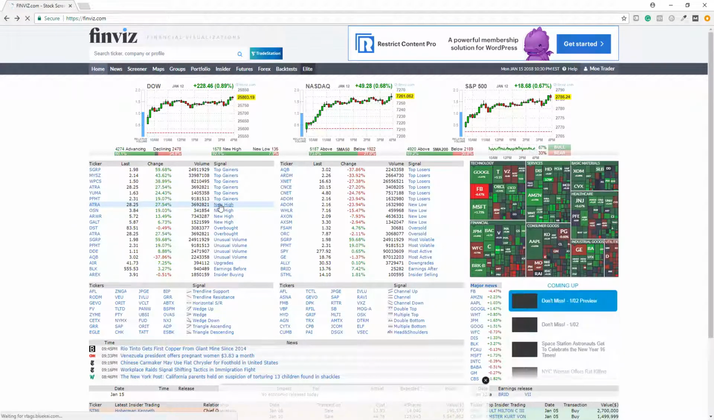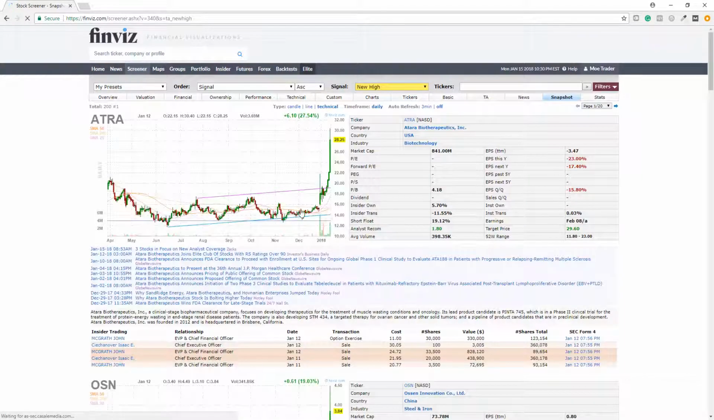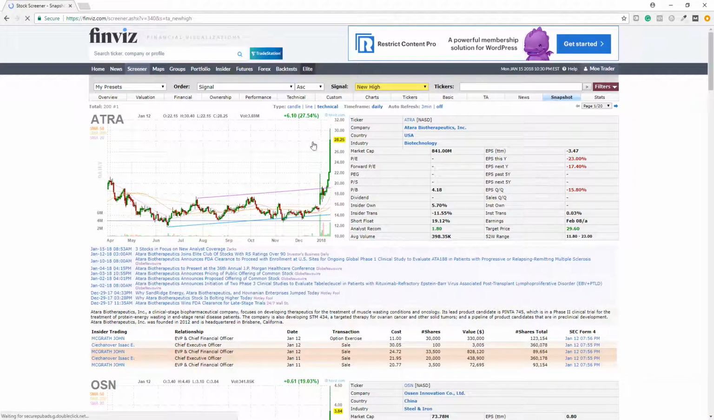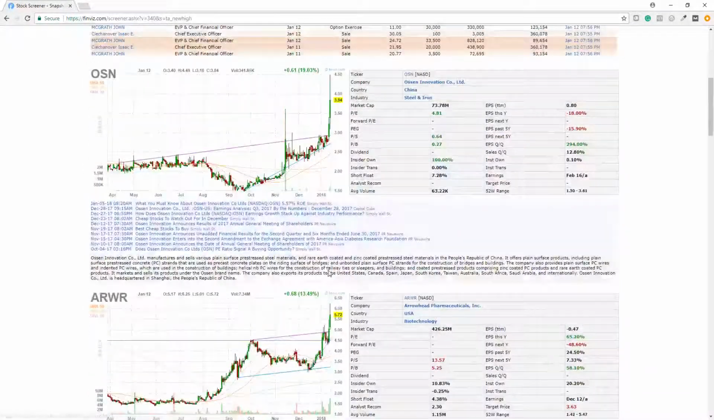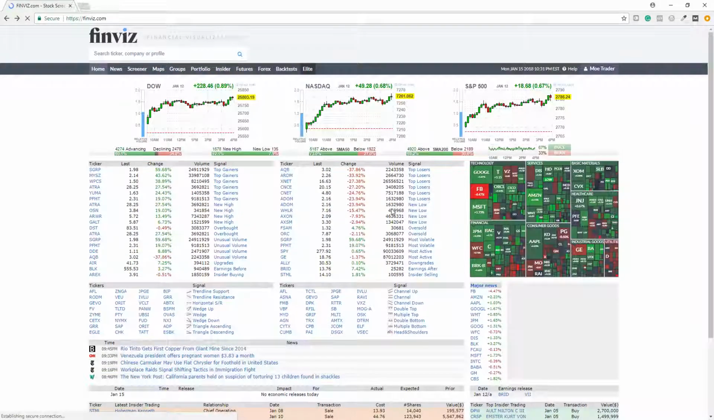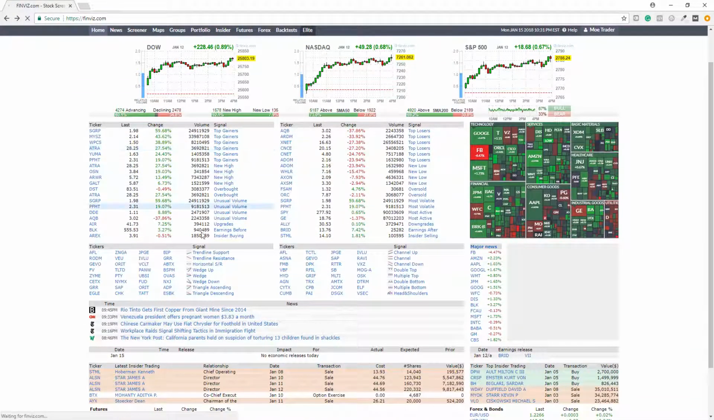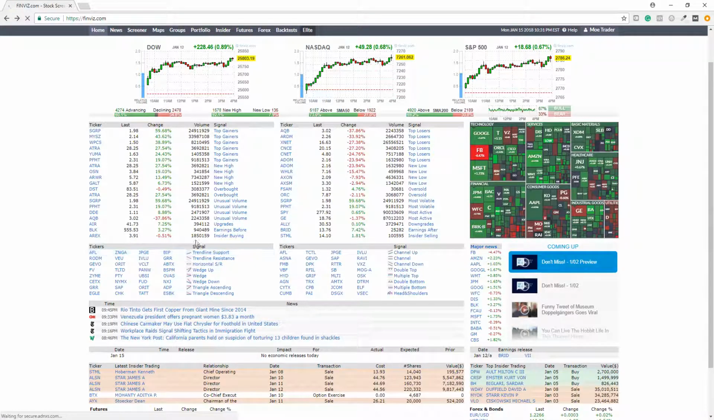A new high, which is, if you click on it, you can see this is a stock that has never been this high before. You can see how it went. So these are some of the things that I look for, obviously with volume. Now down here you will have some tickers with signals, and these signals are either trending with support,